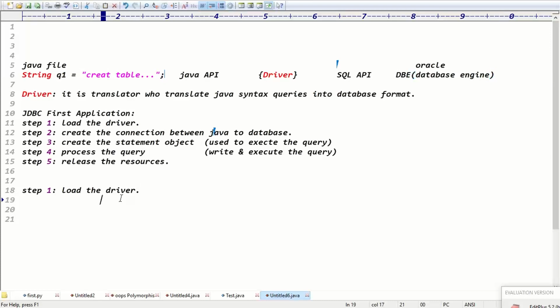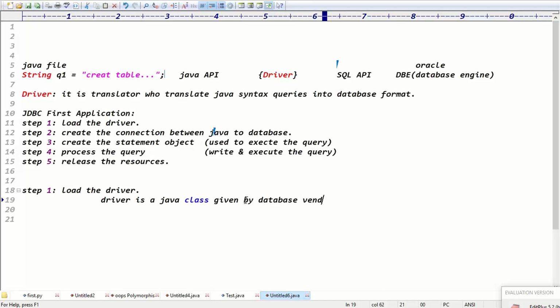So driver is nothing but a Java class. Who gave this class? Driver is a Java class given by the database vendor.